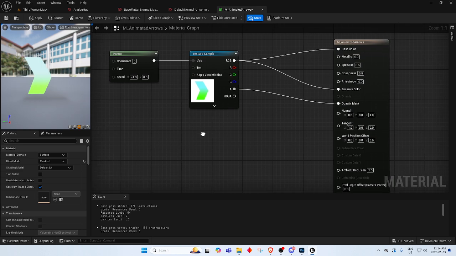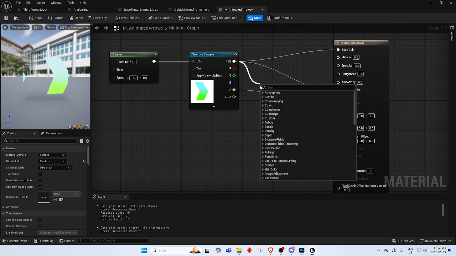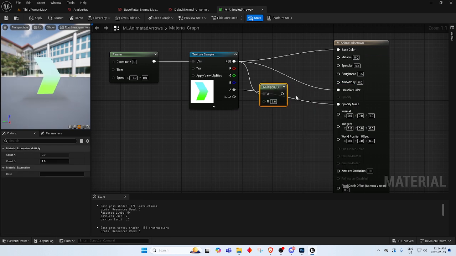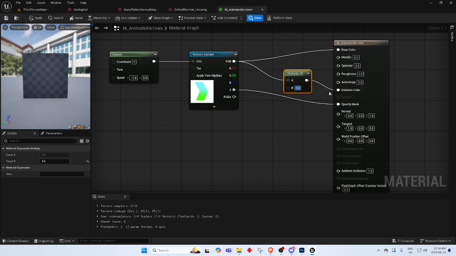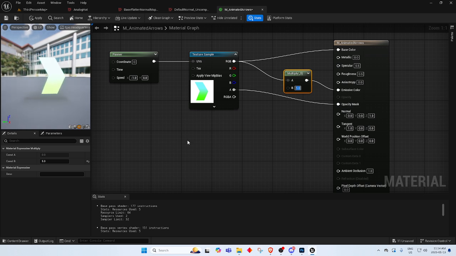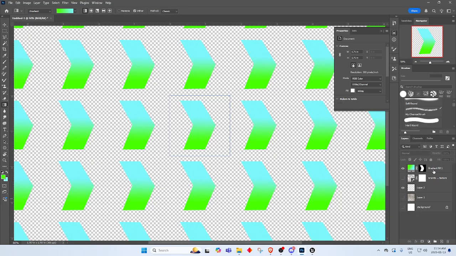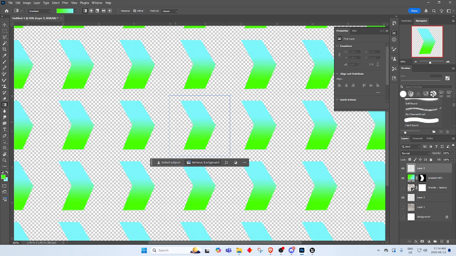Let's see. Yeah, it's kind of working. Not really great, but it's working. So let me do here, maybe a multiply would be good. Let's see if it can look better with a higher number. Yeah, in the end, it's going to look white because it's emitting light. So maybe a little bit less. Yeah, that should be okay. Or if we really want to be creative here, I don't know if creative is the right word, but anyhow,